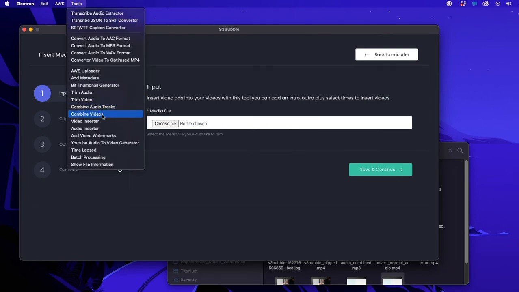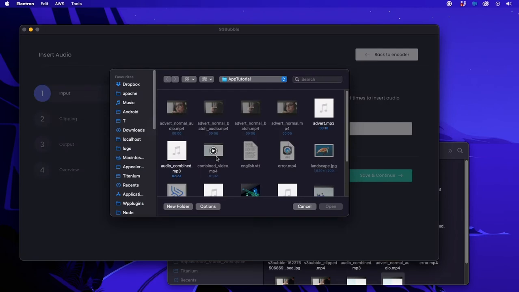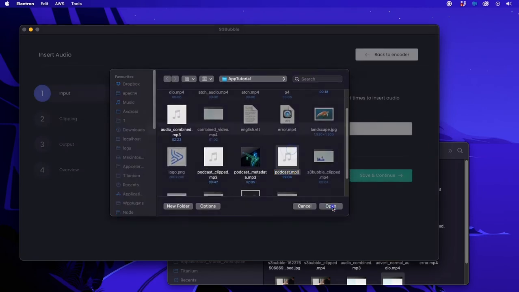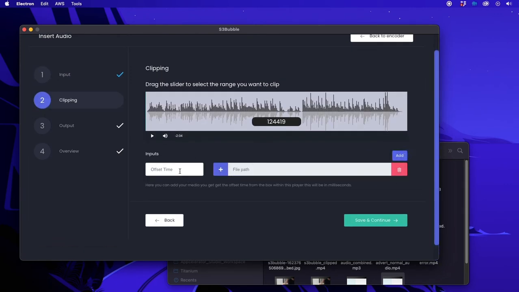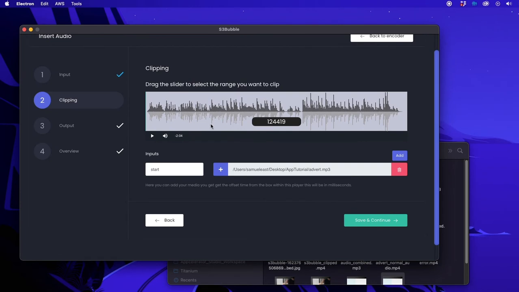Now you can do the same with audio. So audio inserter, let's choose our audio. So we'll choose our podcast here. Okay, now what we're going to want to do is let's go ahead and just put our advert at the start. Okay, and we'll just select advert,